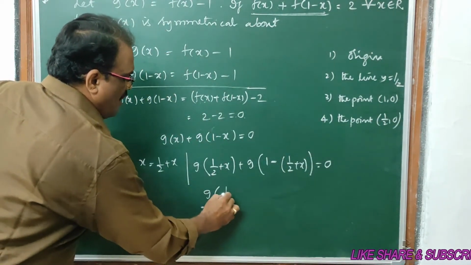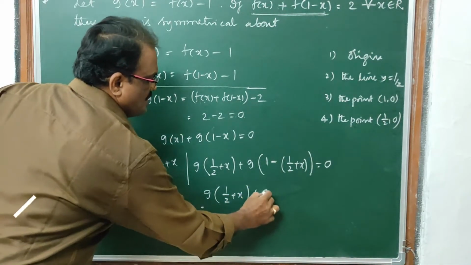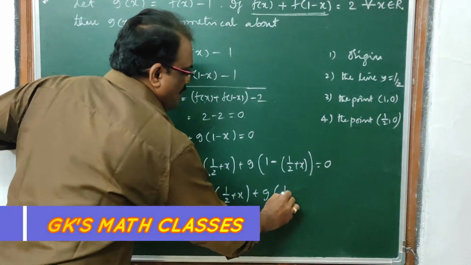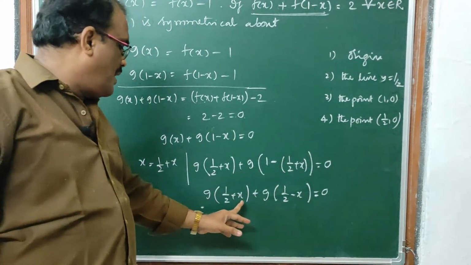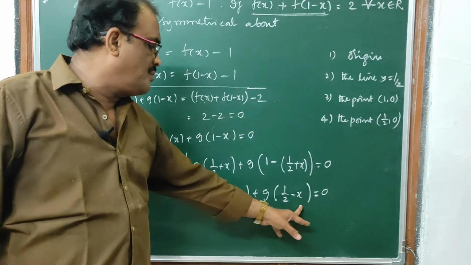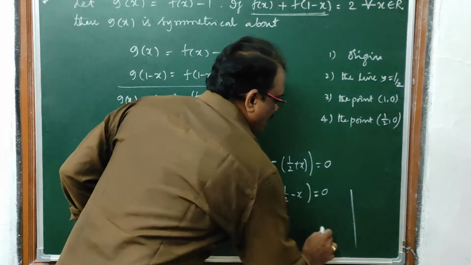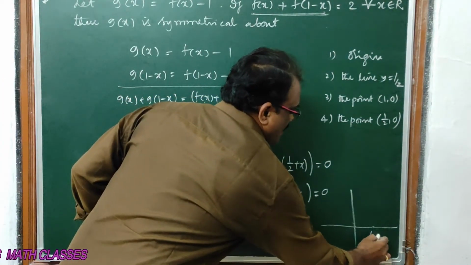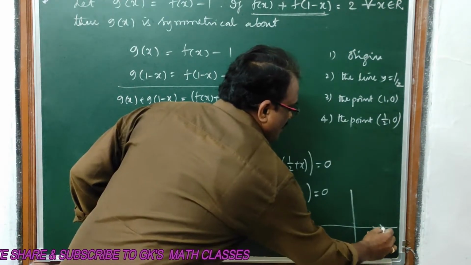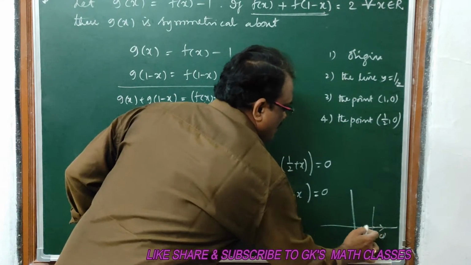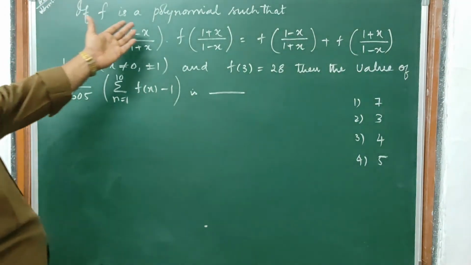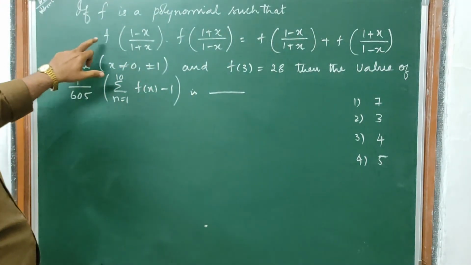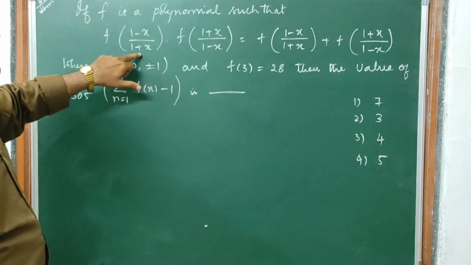g of 1/2 plus x plus g of 1/2 minus x is equal to 0. So it is symmetrical about the point (1/2, 0). Fourth choice. Okay, now if f is a polynomial such that f of (1 minus x)/(1 plus x)